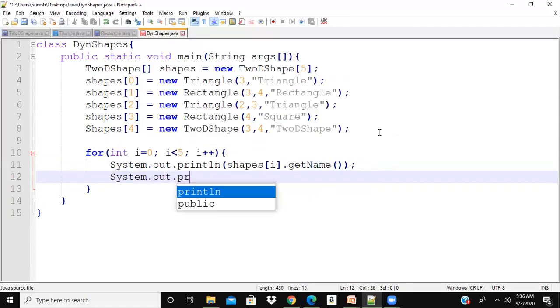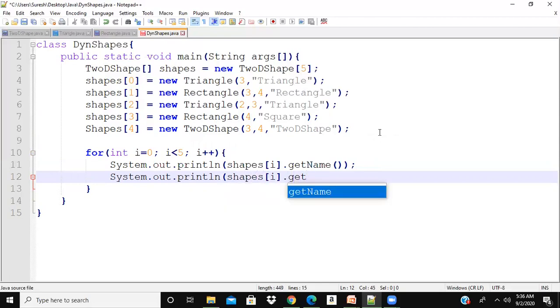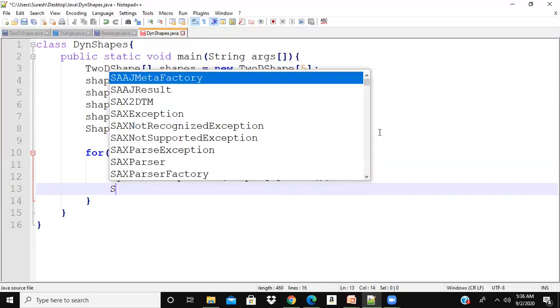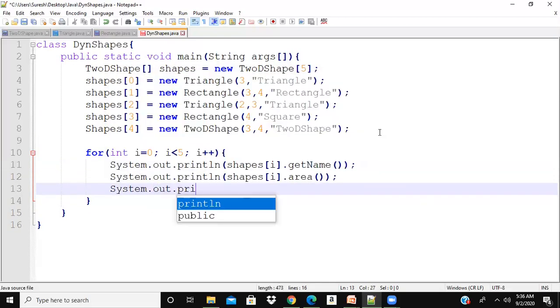System.out.println again shapes[i].getArea, simply area. Then System.out.println, just putting an empty line there.